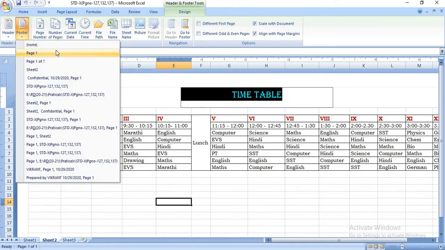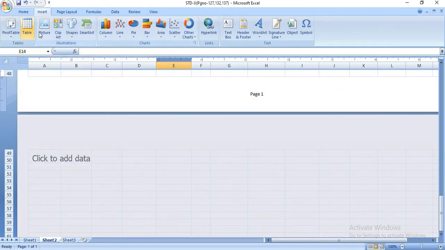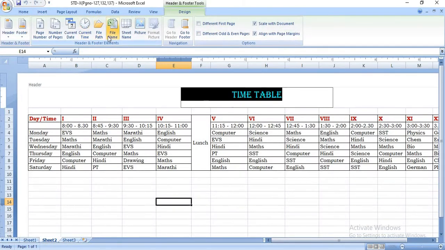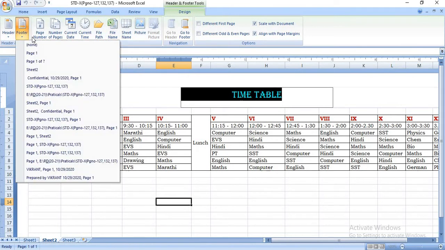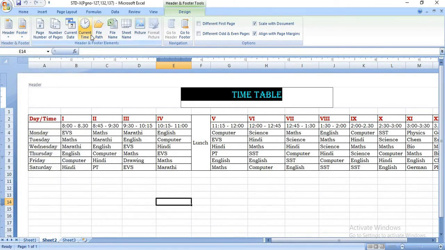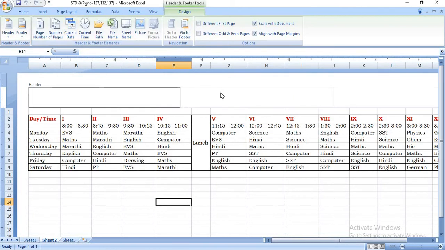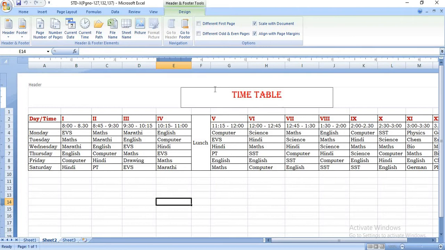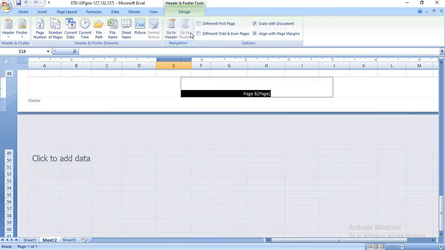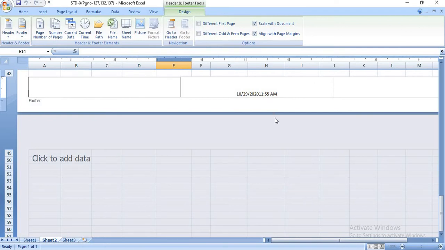So go to the footer section and add the current date and time. In the header you have timetable, and in the footer you have the current date with current time. Okay, this is your current date and current time.